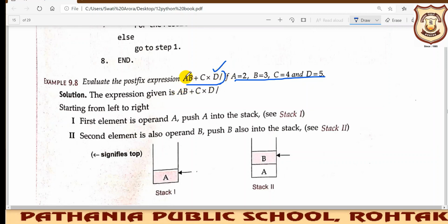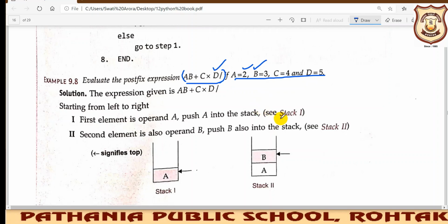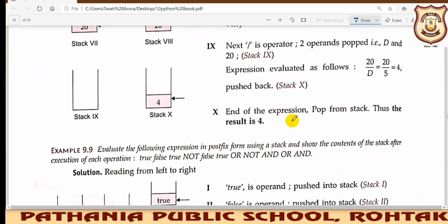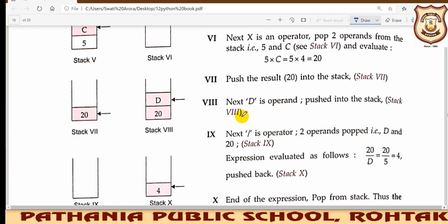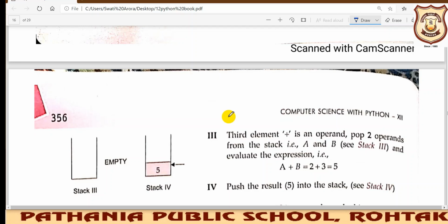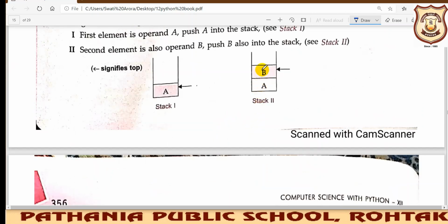So you will use this expression to calculate the postfix expression, and side by side you will be replacing the variables, or you can say the operands of this expression, with the given values, so that ultimately you will get a single value. Like we get the answer 4 at last. We are not getting a, b, plus, minus, something like that. Why? Because we are replacing the variables, or the operands, side by side.